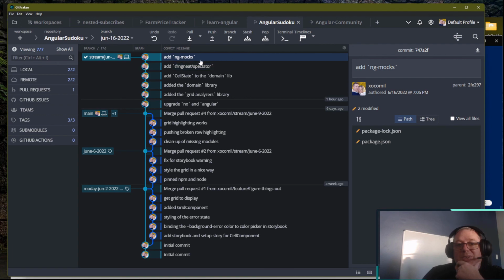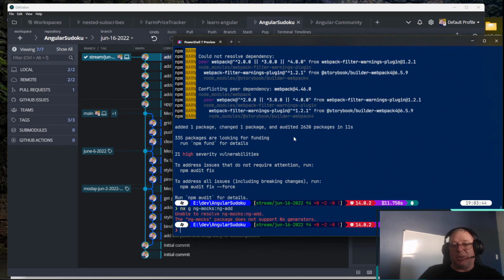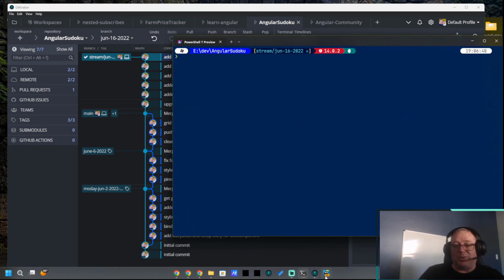The other piece, ng mocks, is just a really nice and quick way to mock dependencies that you use in your test instead of having to create mocks yourselves. And that's why I use those 2 libraries almost all the